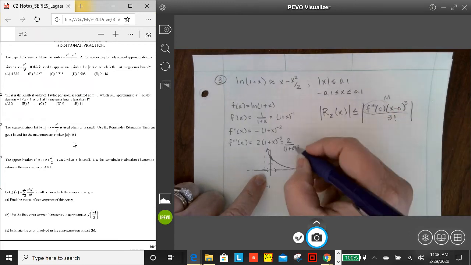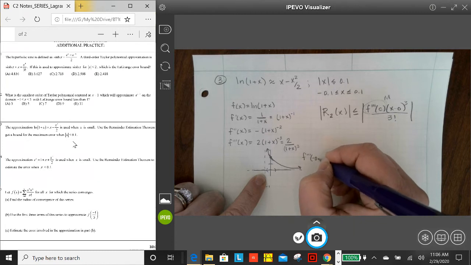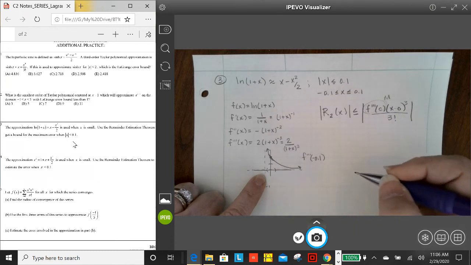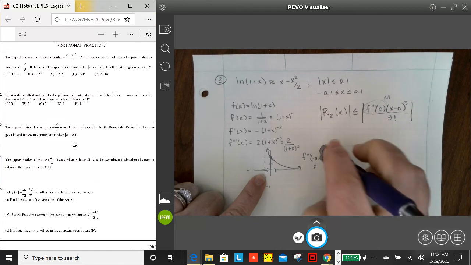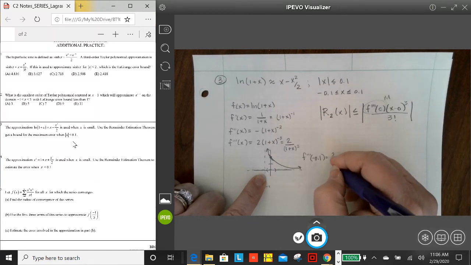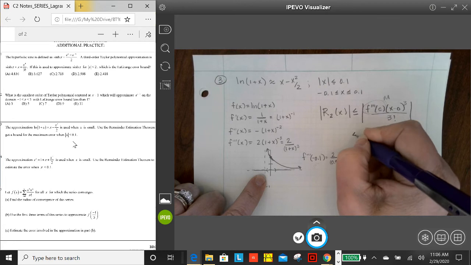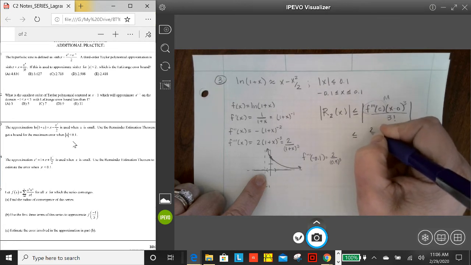So what is the number? Well, I need f triple prime evaluated at negative 0.1. And that's going to be 2 over 0.9 cubed. So that's the number that's going to go there. 2 over 0.9 cubed